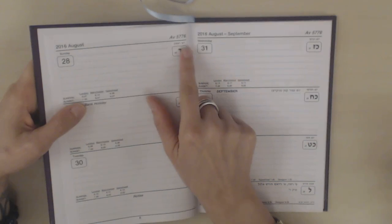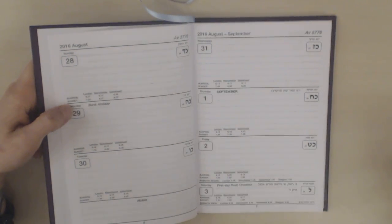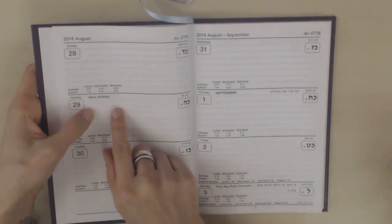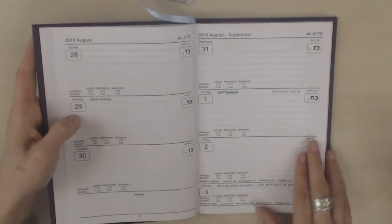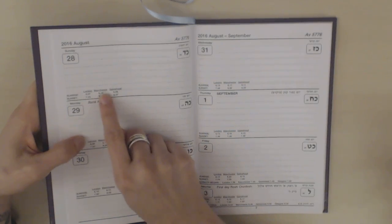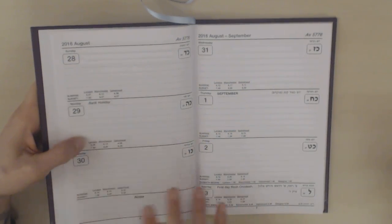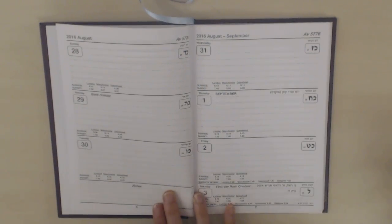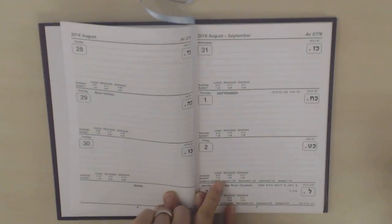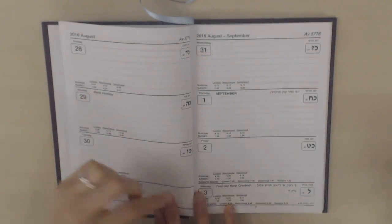And then here it says Yom Rishon, which is Sunday in Hebrew. So it gives you all of the days of the week in Hebrew. And it tells you if there's a bank holiday in the UK. And then it gives you the times of sunrise and sunset every day, which has to do with prayer services. And most importantly for my purposes, because I don't do any of that, it gives you the Shabbos times,